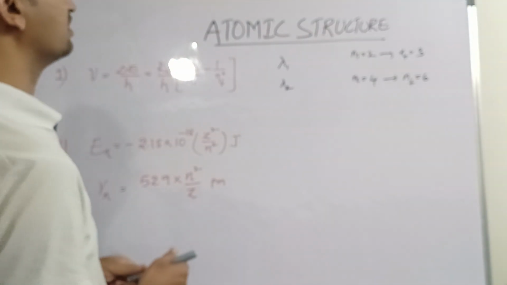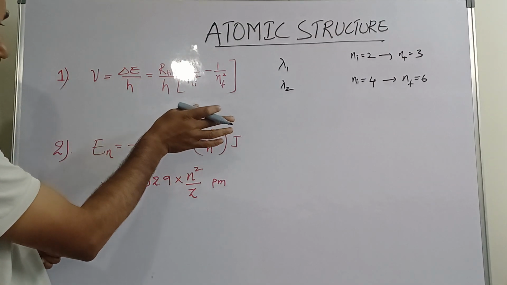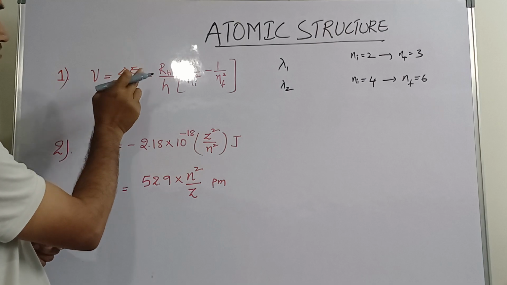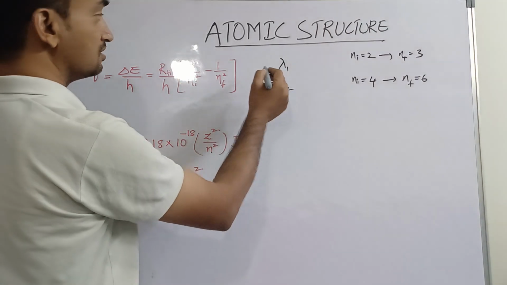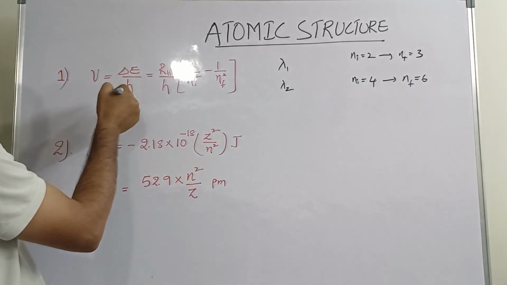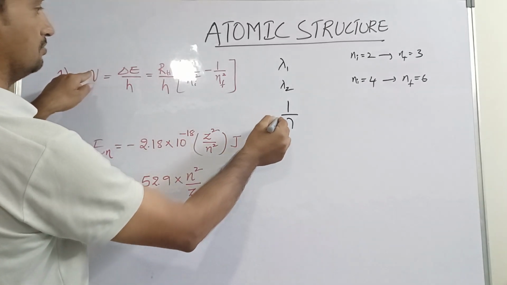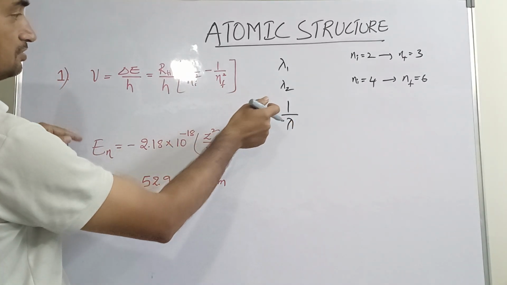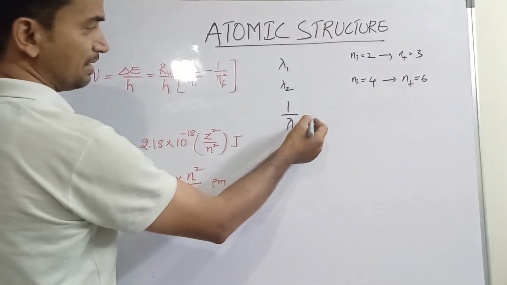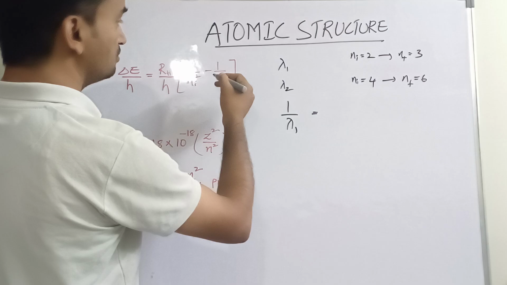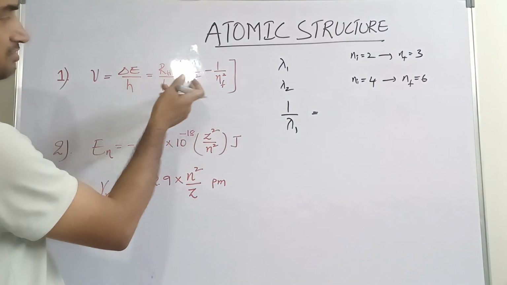So what they are asking, this is a formula of frequency associated with the emission or absorption spectrum, and we can find out the energy also. Here R_H, that is the Rydberg constant, and Planck's constant are constants. Here they are asking ratios. Now you know nu equals c by lambda. Now here it becomes 1 by lambda, since frequency equals c by lambda, but here they are asking wavelength. So 1 by lambda 1 equals, now since these two are constants, if we take them, they will get cancelled, otherwise we can skip that.